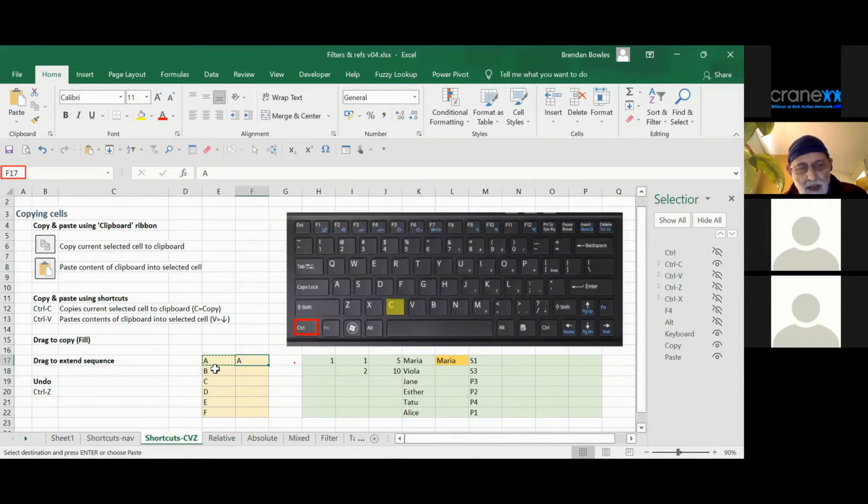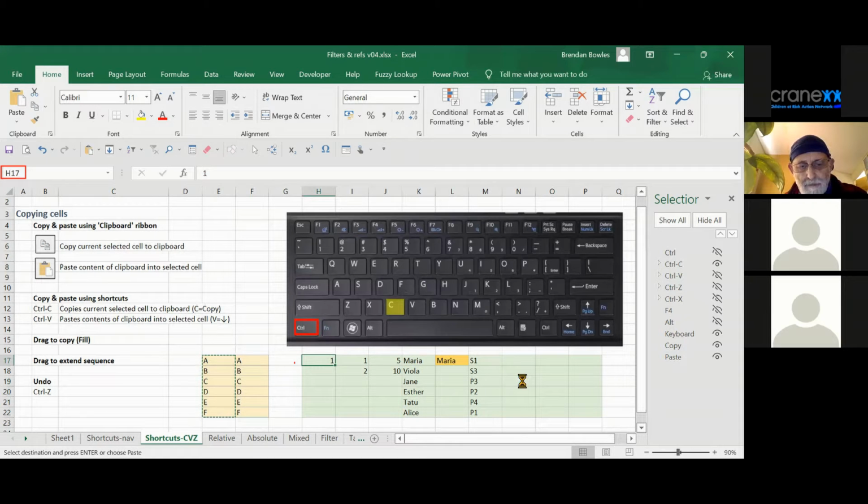So if I undo that by doing Ctrl Z, I'm now going to select the A, B, C, D, E, F, use Ctrl C, go to the next column, press Ctrl V, and I've copied that data straight down. Now, if we go into the block of data which is marked yellow, we'll do a bit more practice of this using Ctrl C and Ctrl V. The first column just has a number 1 at the top of it. What if I want a 1 all the way down? Well, I'd press Ctrl